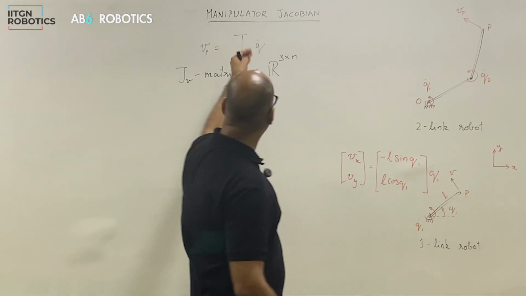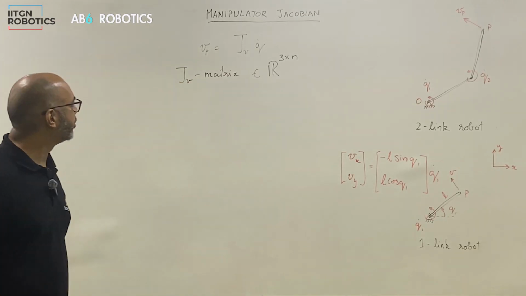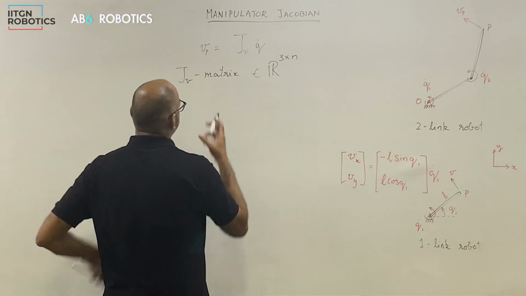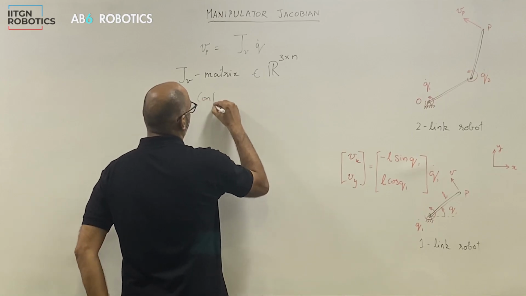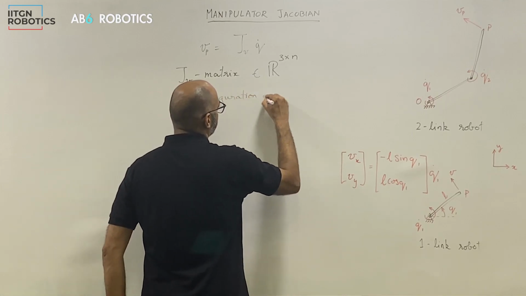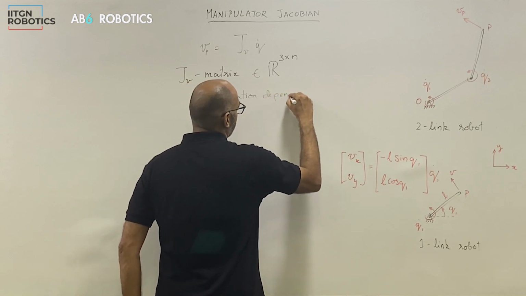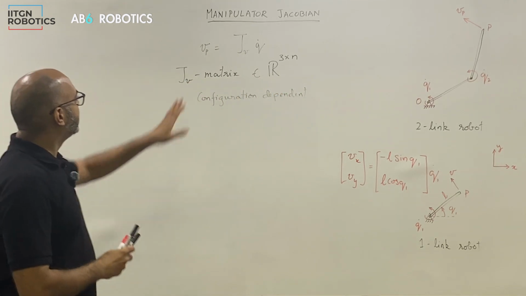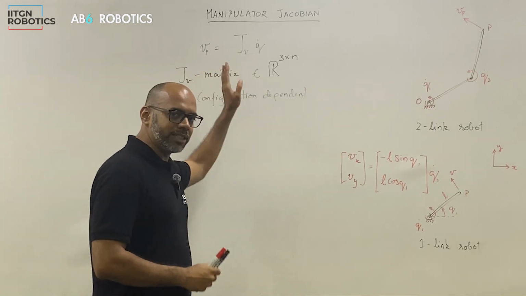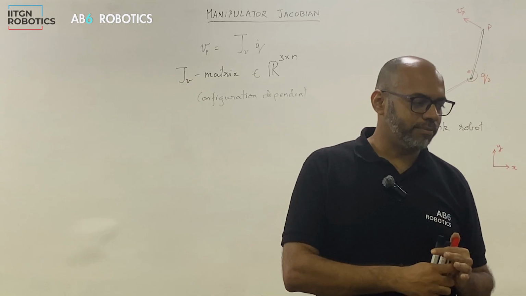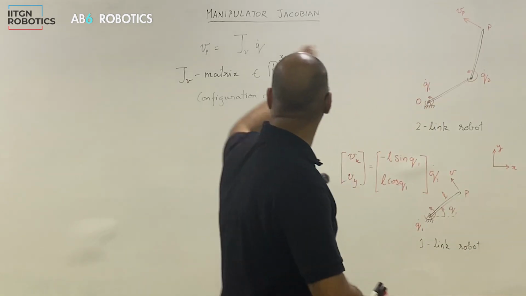So the matrix will keep changing depending on the configuration. That is something to keep in mind. So this is configuration dependent. Okay. So it relates these velocities, but you can now start to see that it is useful beyond just the